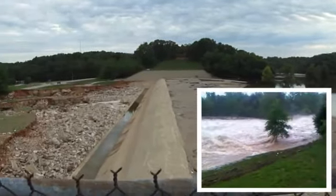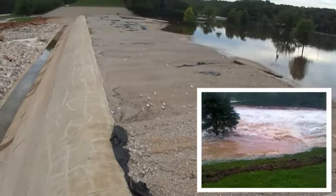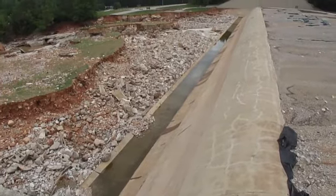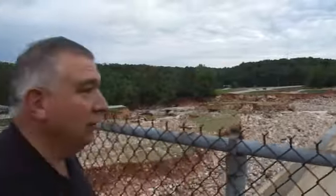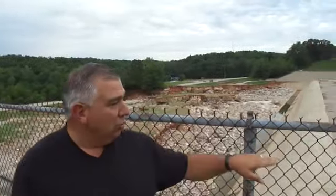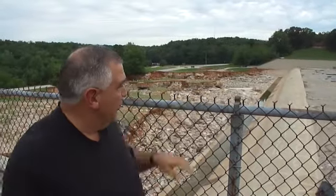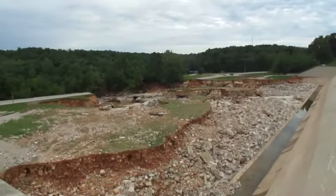You can see right below us here this temporary berm that was built. And to the left is the concrete barrier, the overflow protection. It's been there ever since the dam's been built, and it's a safety valve so that the gatehouse is not compromised at high water. So the Corps came in and they tried to build a temporary berm that's 3 feet higher than what the emergency spillway was. And unfortunately that breached, I think, on May the 2nd and caused about 30,000 CFS water to flow over the